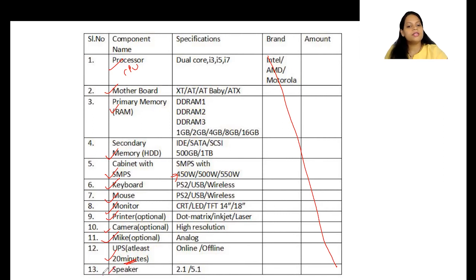And the speaker, camera, mic, printer, these are all optional, but these things have to be there. You have to have a monitor, you have to have a keyboard to give an input, a mouse is required, and then CPU and motherboard with RAM, that is your primary memory, and secondary memory, okay. Apart from that, whatever we have learned, they are all optional, you can include them. We have seen so many ports, so many slots available in a motherboard, so all that you can use in case you require them only, okay.